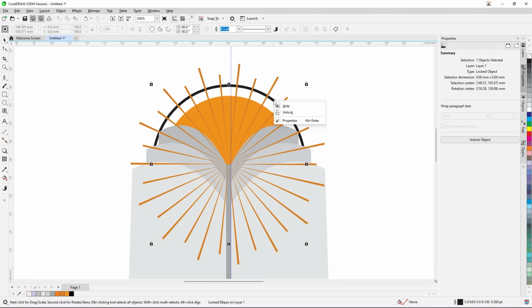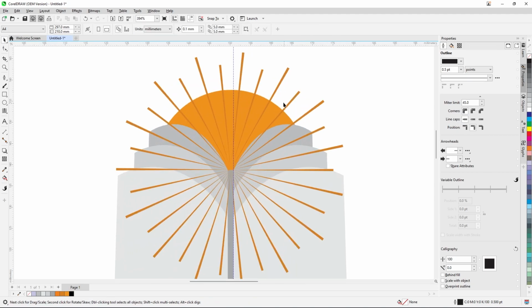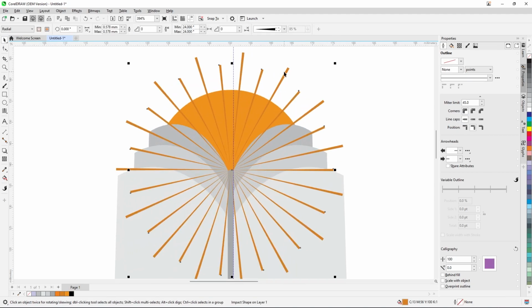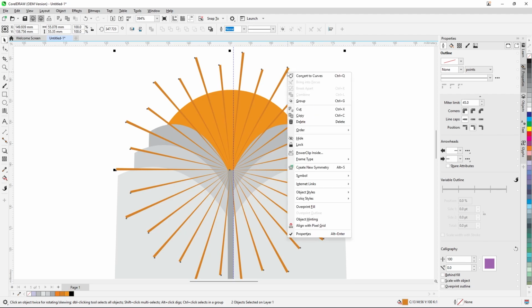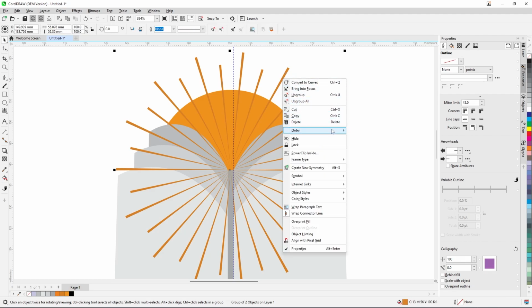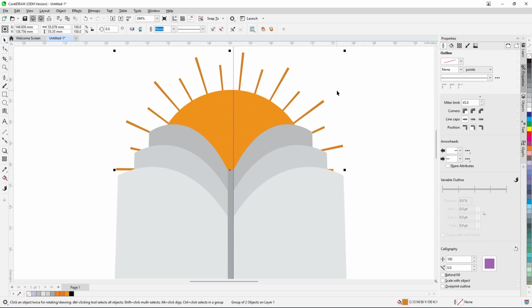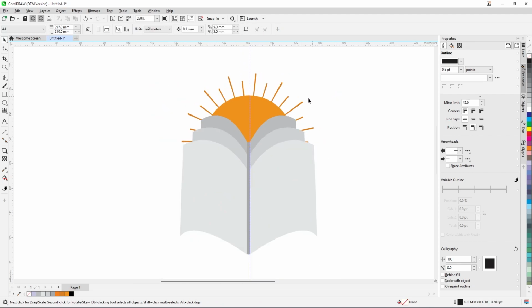Now I can remove this black line. Okay, and select these rays, and I'm using right click and group, okay, and send this to back order. So behind this one, so I went back,